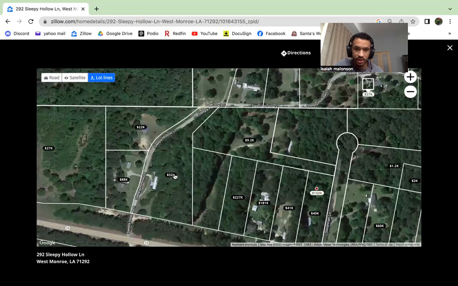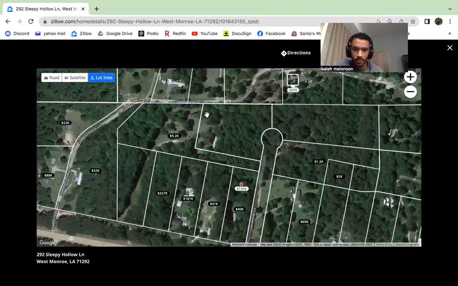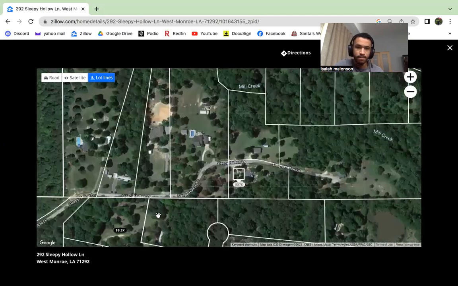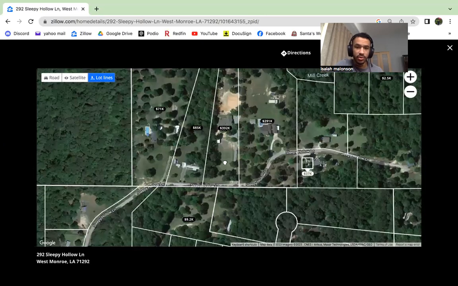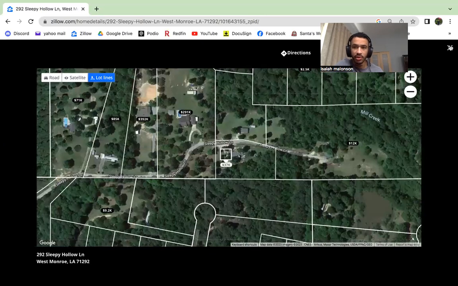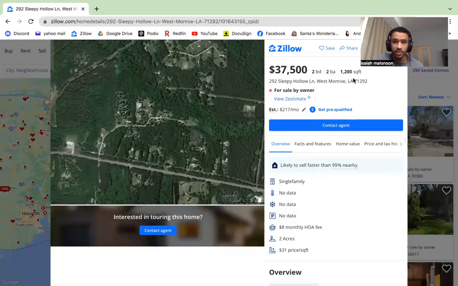Maybe that's a trailer right there worth 32, 22. So I would probably just get this for the land value. I would need to see pictures of the trailer since it doesn't have pictures. 2 bed, 2 bath, 1,200 square feet. It's not small, not terrible. I would say,